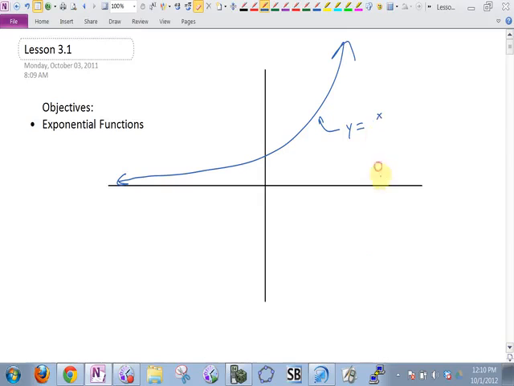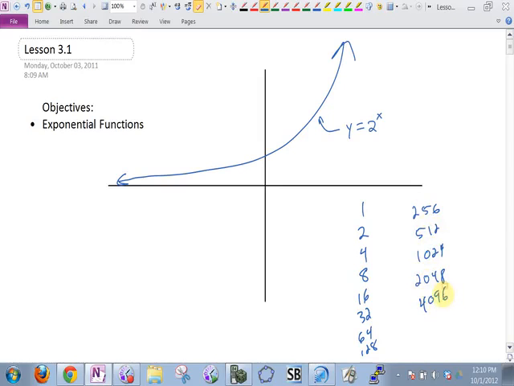And so bacteria growth would actually be more closely related to the function 2 to the x, where maybe at time 0, what's 2 to the 0th power? You have 1 bacteria, and then after 1 reproduction cycle, plug 1 in, you have 2. Then plug 2 in, what's 2 to the 2nd? And what's 2 to the 3rd? And so you get this exponential 32, 64, 128, 256, 512, 1024, 2048,